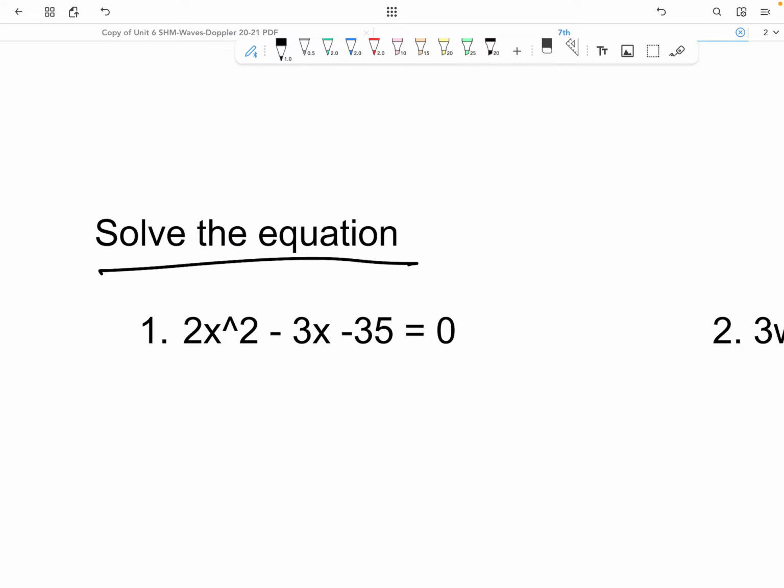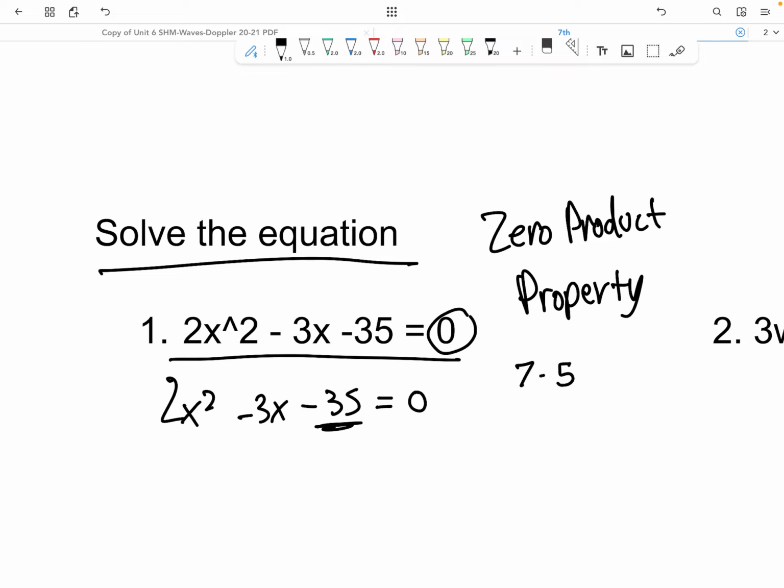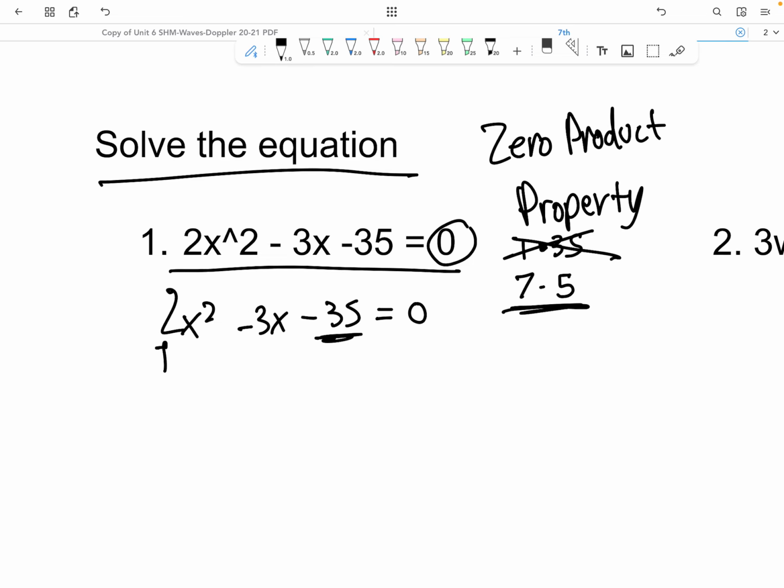Solving this equation. Well, this is very simple because it's equal to 0. So what we can use is the zero product property. You have 2x squared minus 3x minus 35. It's obvious that 35 has a factor of 7 times 5 and 1 times 35. Obviously, this combination won't work. So let's try this one. Now remember, there's a coefficient in the beginning. So 2x